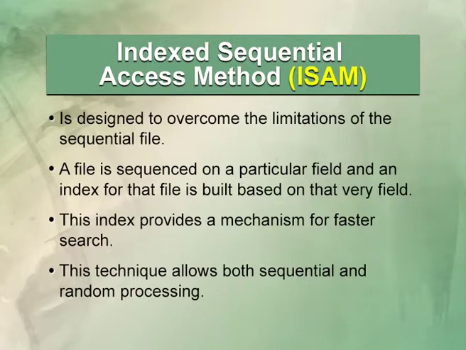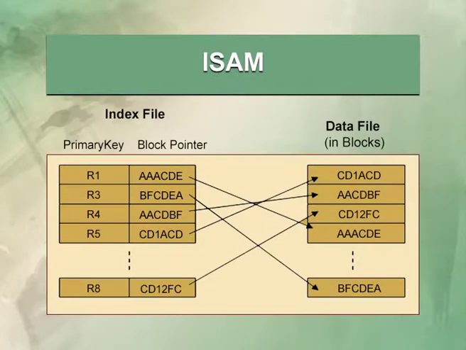So, apart from the data file that we have, here an index file is being introduced. So, let us see, this is the way the ISAM is there. Here in the physical database structure, it is maintaining two files, one is the index file and the other is the data file. So, suppose the data contains a primary key, let us take the example of the student table itself. Suppose you are identifying the student ID as the primary key to access the records.